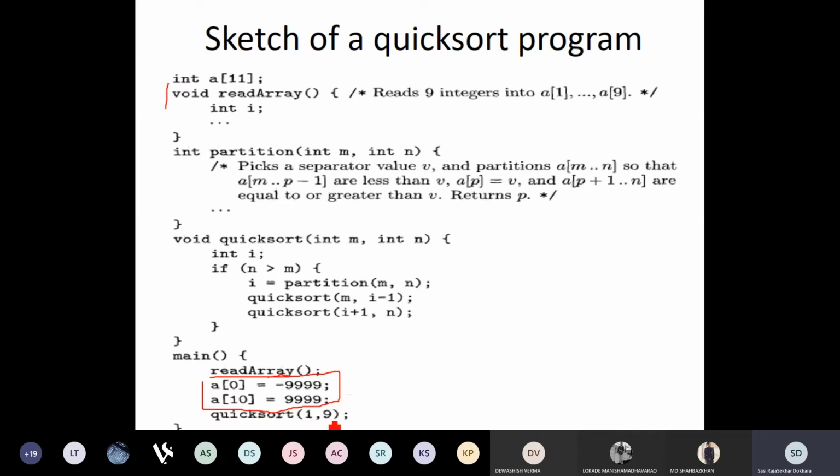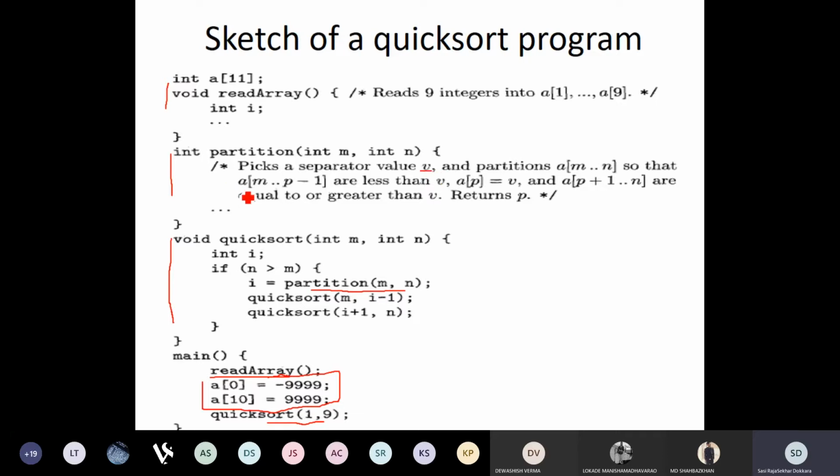With this, the main procedure calls the quicksort function with 1 to 9 as the arguments. This is the quicksort procedure. It calls one more procedure called partition with the arguments sent to it. As we all know, partition is the procedure in quicksort which divides the array into 2 parts with the help of a separator value v, the pivot element.